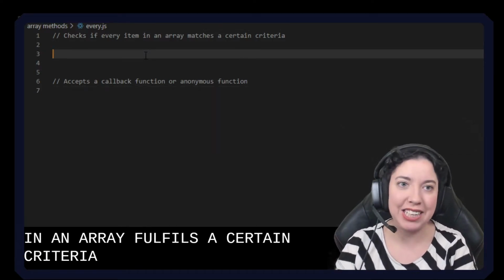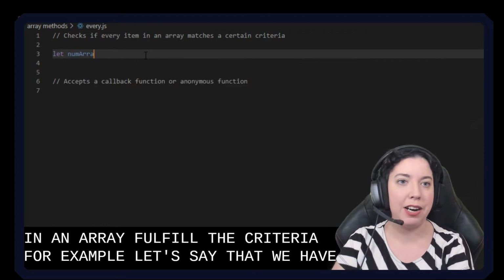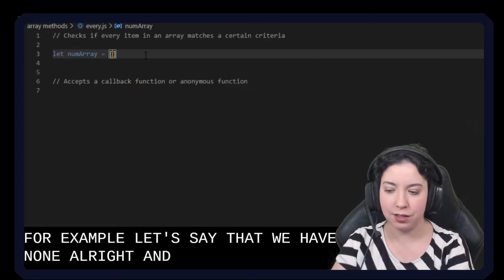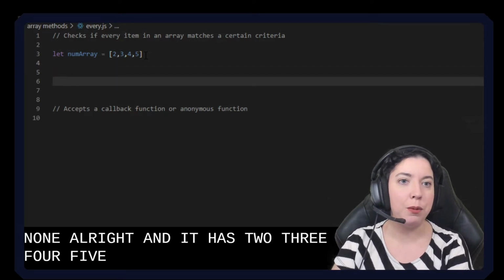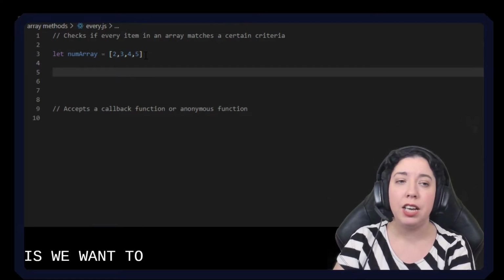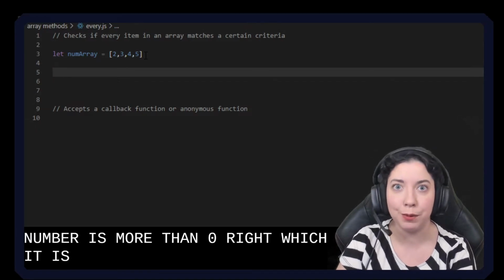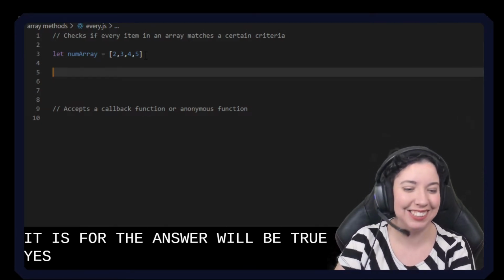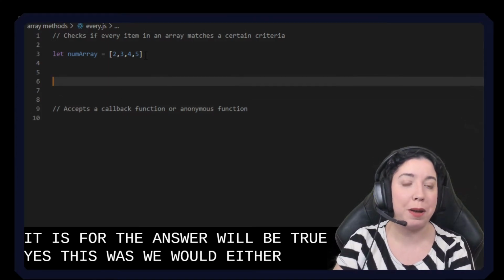So, for example, let's say that we have a num array and it has 2, 3, 4, 5. Very simple. What we want to do is check if every number is more than 0, which it is. So the answer will be true. The way we would do this is we would either use a callback function or an